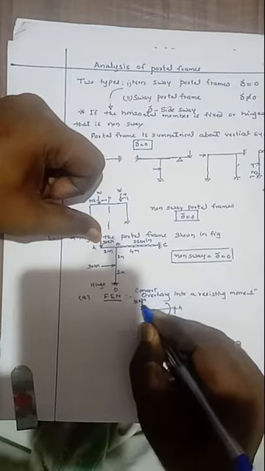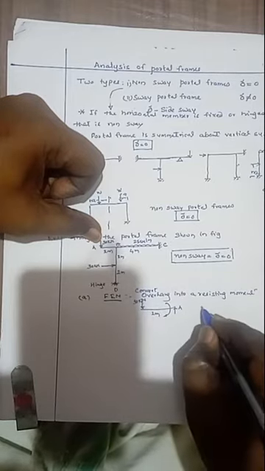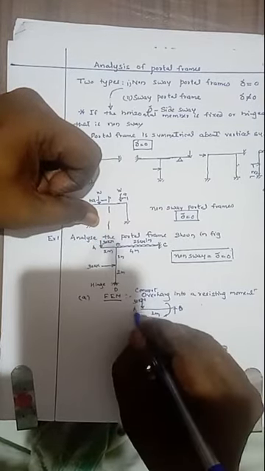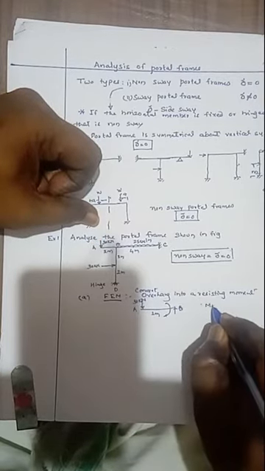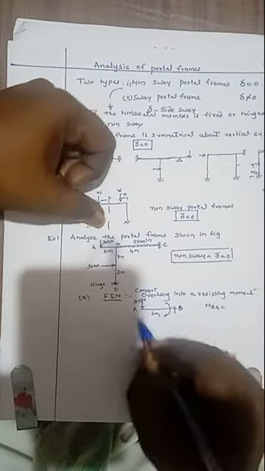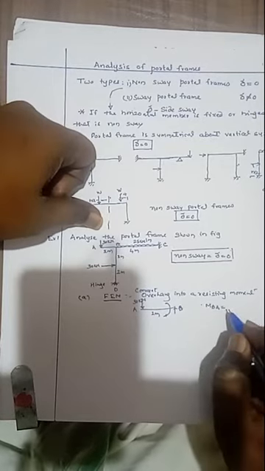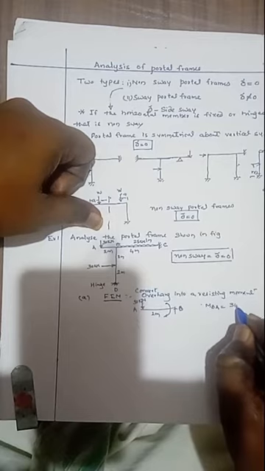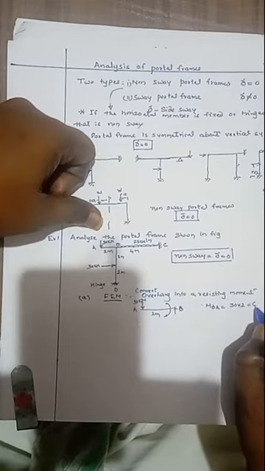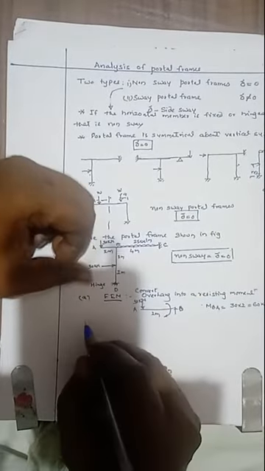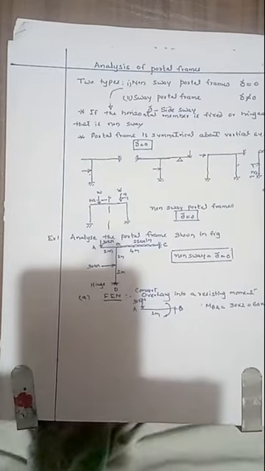Here the actual moment is 30 into 2, then this one is B, this one is A, then MBA. We want the resisting moment, not the actual moment. Actual moment is 30 into 2, that is 60 kilonewton meter in anti-clockwise direction. So the resisting moment is 30 into 2, that is 60 kilonewton meter, in clockwise direction. First convert this overhang into the resisting moment.